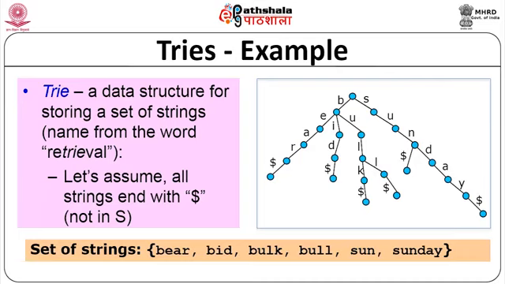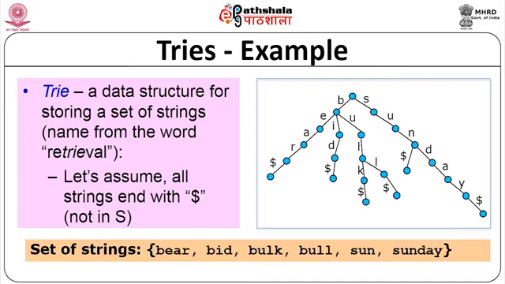Now, after S you have only U, which is SU for both sun and Sunday. Then after SU you have SUN, common to both words. Please note the difference between the previous example and this one: after N you have a special character, dollar, which indicates that sun is a word by itself. After that you have DAY and dollar. So, that finishes sun and Sunday.